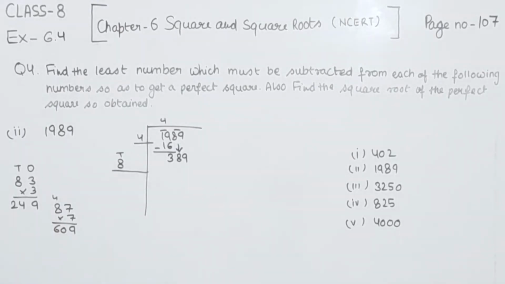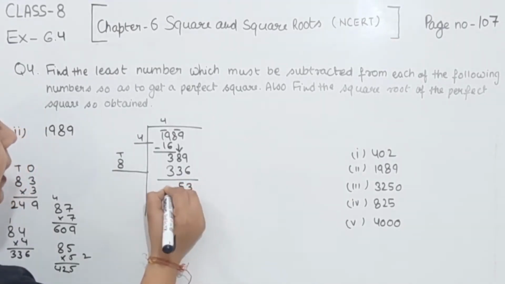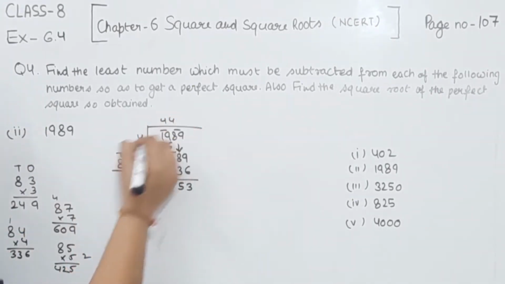Now I'm going to take the number as 4. So I'm going to write here 4 4s are 16. Carry 1. 4 8s are 32 and 1, 33. So the number we are having is 336. Now we're going to write here 336. If I'm going to take 5, then the number will be 5 5s are 25. Carry 2. 5 8s are 40 and 2, 42. This is greater than 389. So I'm going to take 336 here. Then the remainder will be 53. So I'm going to write here we have multiplied by the 4 and this is 4.